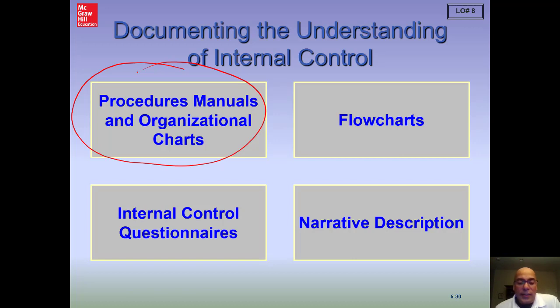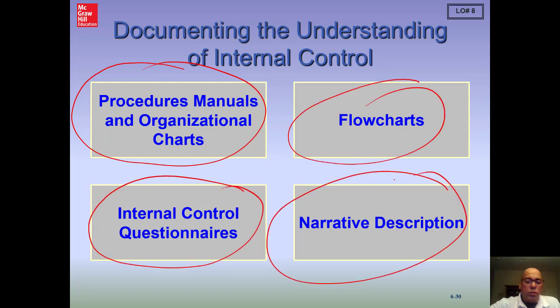We could use internal control questionnaires, flow charts, narrative. If you have a complicated system, not as complicated, you could use a narrative description. I was on audits before where we used narrative for very complicated systems. We used to call them cycle memos, because people would write 300 pages, and it'd be like, well, can you get this down to a couple page flow chart? Okay, but if it's a less complicated system, then a narrative description is fine. You could also use internal control questionnaires. So let's just look at a couple examples of those, how we document our understanding.